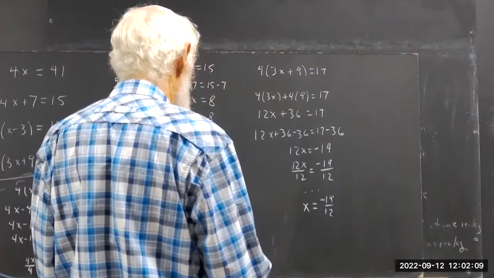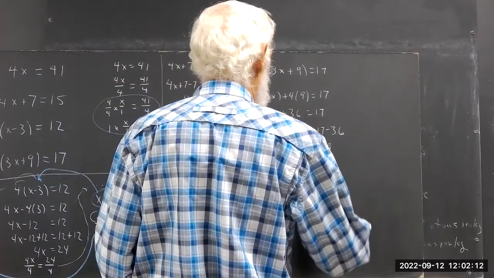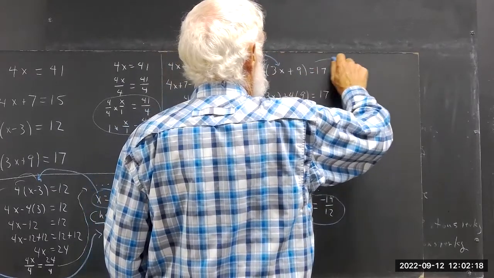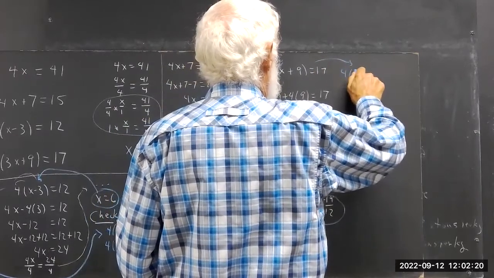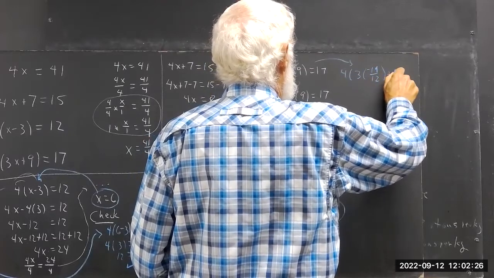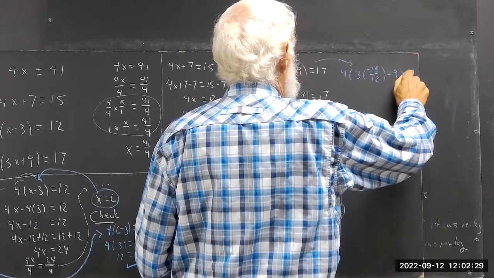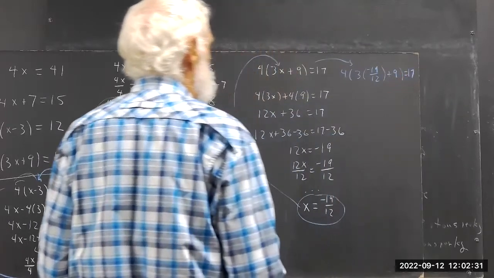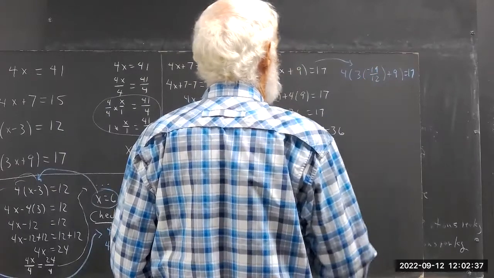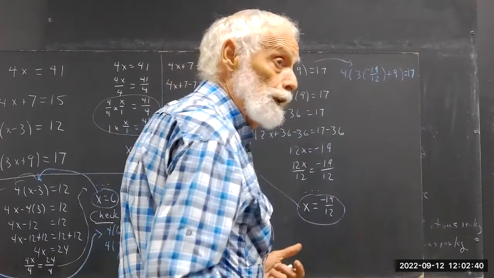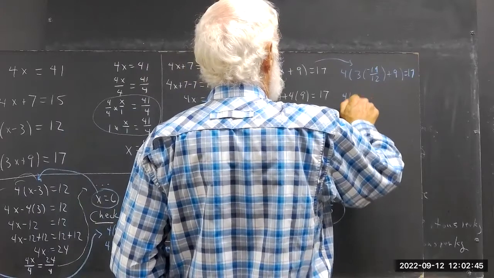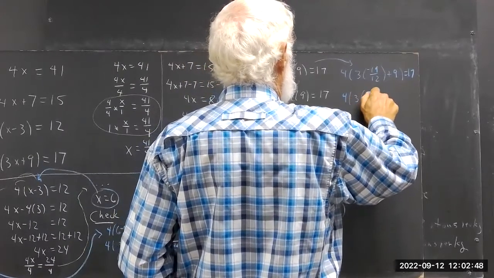Then we check. Plug this in for x. And we get 4 times 3 times negative 19 twelfths plus 9 equals 17. Well, 3 times negative 19 over 12. And I'm going to write out the fractions again, to make sure we understand why. That's 4 times 3 times